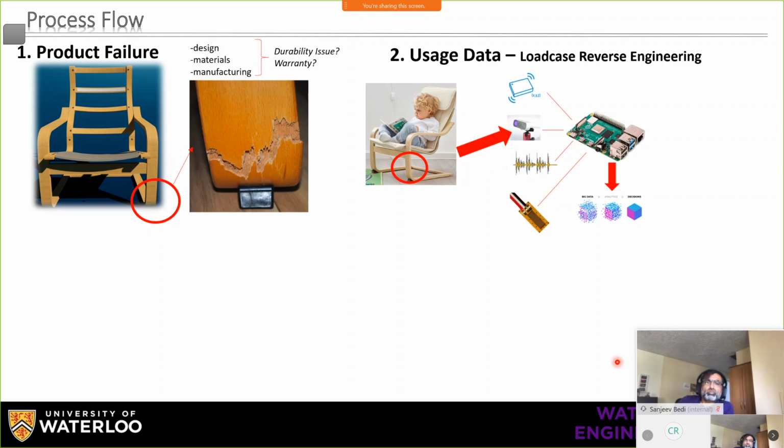The reason this is being collected is because we want to understand, well, why did the chair break in the first place? So we want to see which load cases are really happening to a chair in typical usage, so then we can actually model it. So step three would be